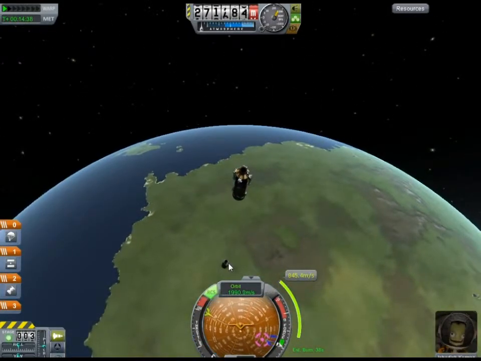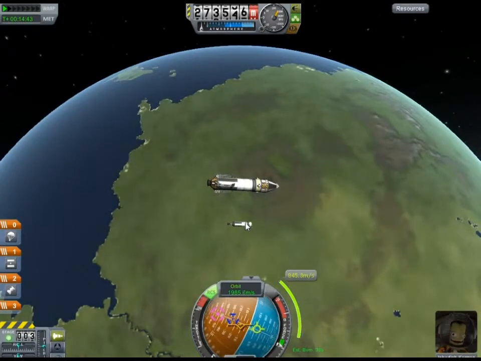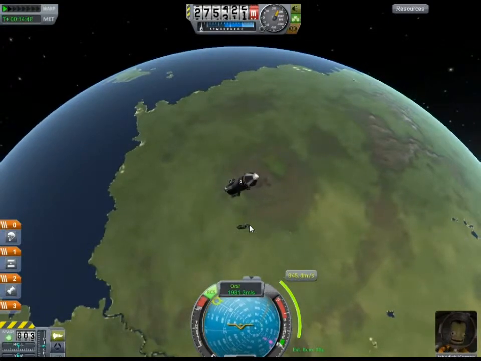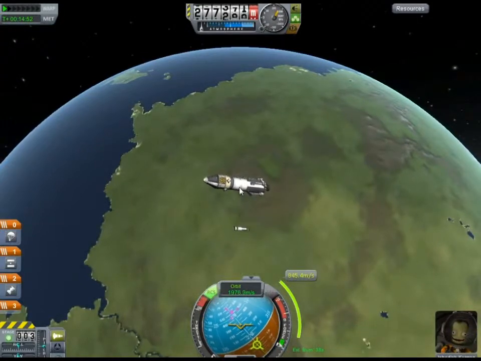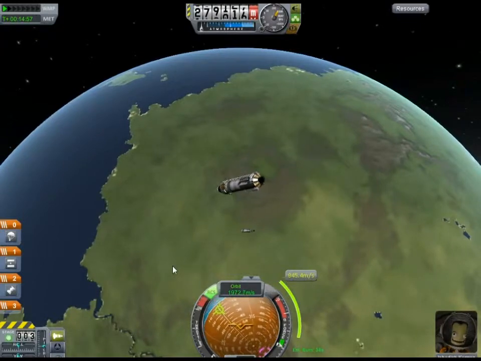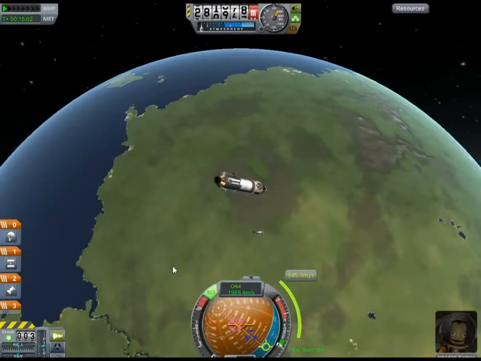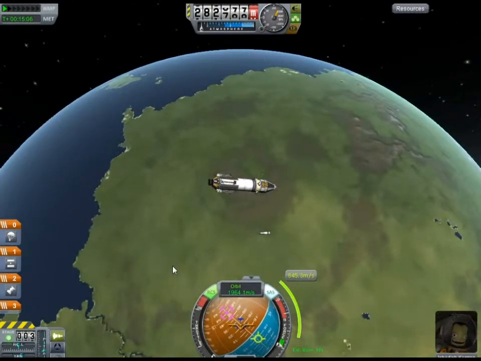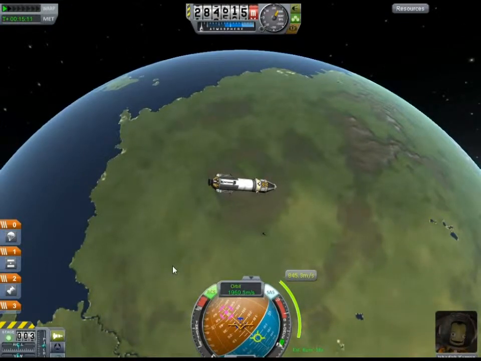I do have a lot of empty stages, a lot of space debris orbiting Kerbin. I have not been a good steward of space, and so I want to come up with a way that will make it easier to dispose of some of the space debris. Anyhow, after ejecting the stage, we line up the spacecraft for the translunar injection burn,